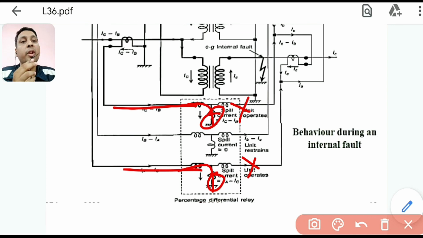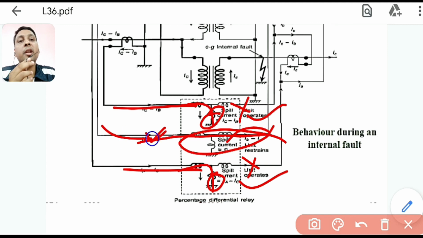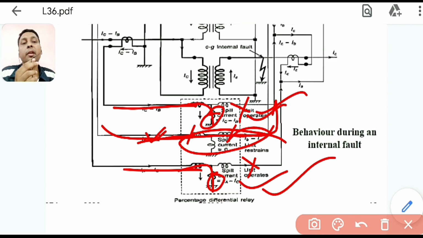So now these two will activate, these two relays will operate, but this unit will not operate. Why? Because this unit is not sensing anything. It will be a normal current, it will be flowing through its restraining coil. So it will restrain only, because normal restraining coil current will flow through. These two are restraining coils. Every time in normal load also restraining current is always there, because normal current flows through the restraining coil. So it will restrain that one. So these two will operate, first relay and third relay, if I say top one and bottom one.